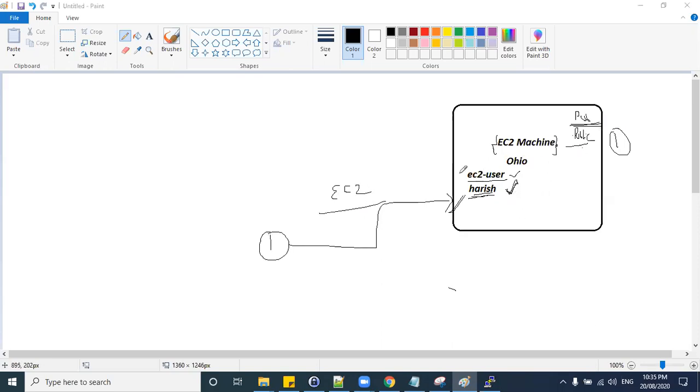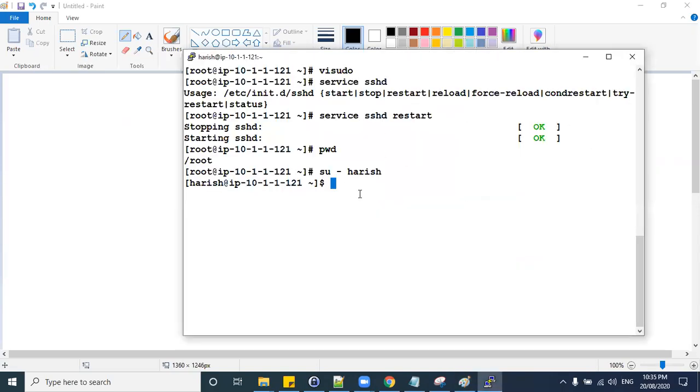For that, there are a few sequence of steps which we are going to do now, step by step. Let's try it now. First we need to make a folder: mkdir .ssh. Dot means a hidden folder. .ssh is the folder we are going to create, since we are doing secure shell. So this is a hidden folder that we are creating now.